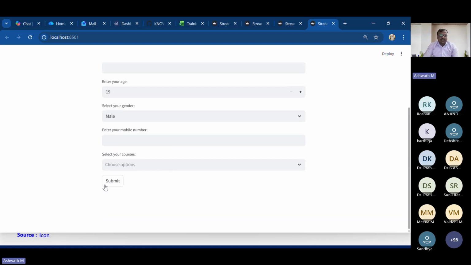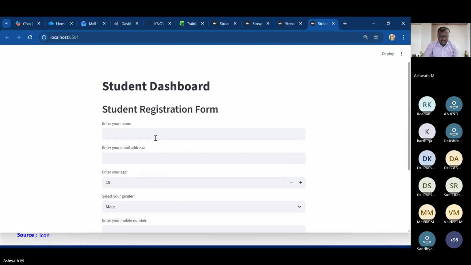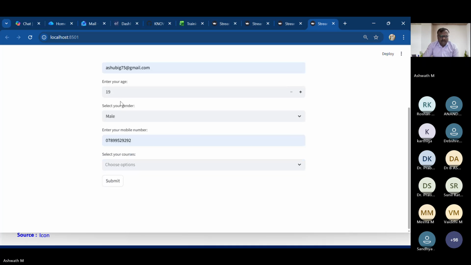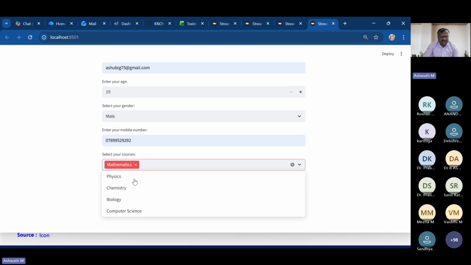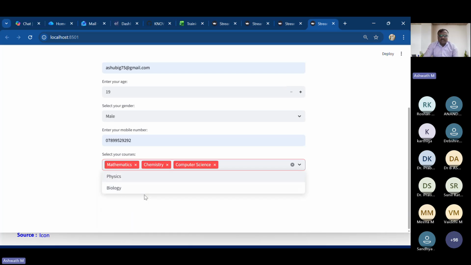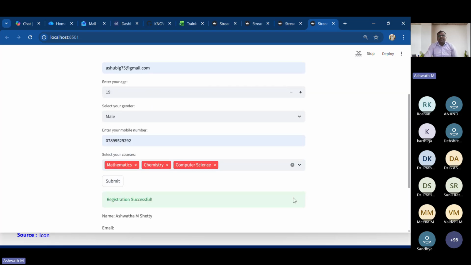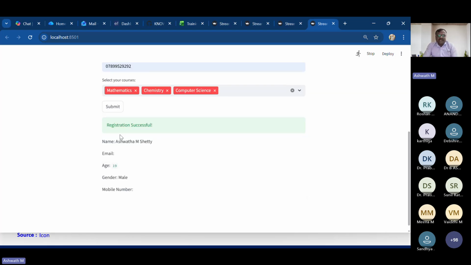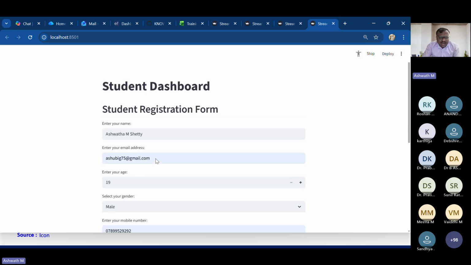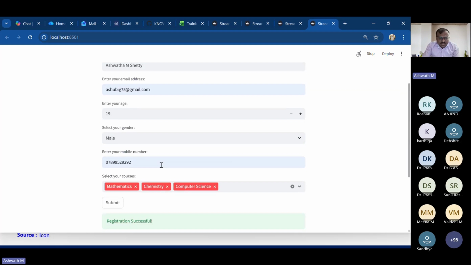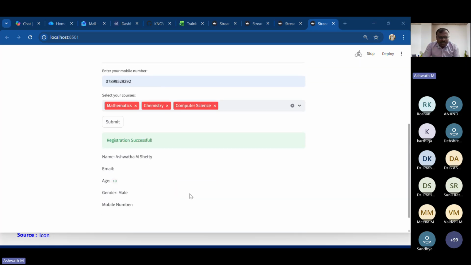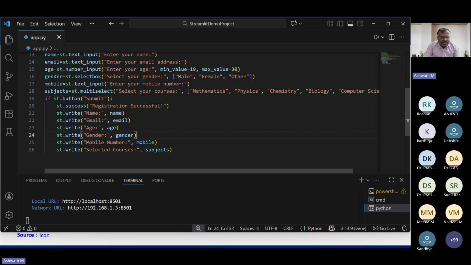See, I'm getting the submit button. Then I should be able to, just a second. Yeah, choose the multiple. Yes. Now, if I click on the submit, observe, I should be able to get this output. Registration successful. Name. I didn't give the email. Email is not coming. Maybe